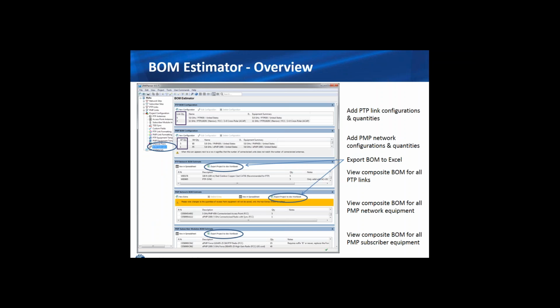So again, the BOM Estimator option is selected under Project Configuration on the left-hand side, and then the top couple of tabs allow you to set up either PTP configurations or PMP configurations. In both of those, you can have multiple link configurations within your network. So you may have some unlicensed links, you may have licensed band links in different frequency bands. You set up a configuration for each one, and then simply under the link quantity say how many of each